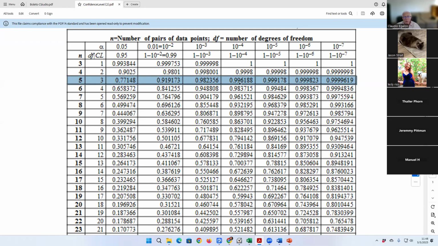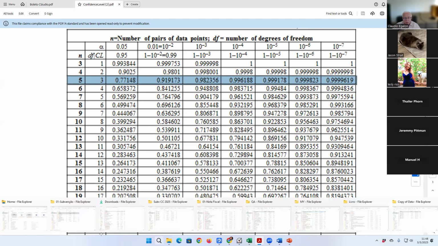With n equal to 5, you're going to look for the boundaries of your CL. Note that the CL is not going to be one of those numbers. You're going to use one of those numbers to find out your CL that's here at the top, right? That's how it works, okay? That's the first step. Second step,